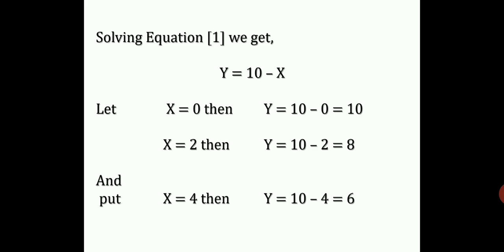We take randomly 3 values: 0, 2, 4. You can take other values like 1, 2, 3 or up to 10, 15, infinity. There are too many numbers, but for the graph we have a small quantity, so take small values. So these are 3 values using equation number 1. We make a chart of the value of x and the value of y.